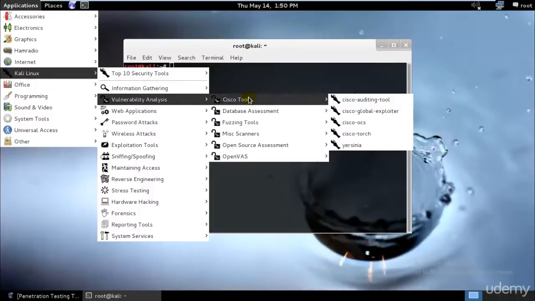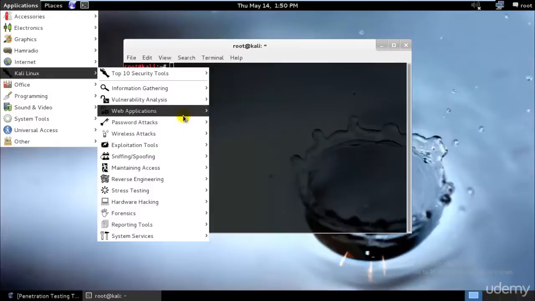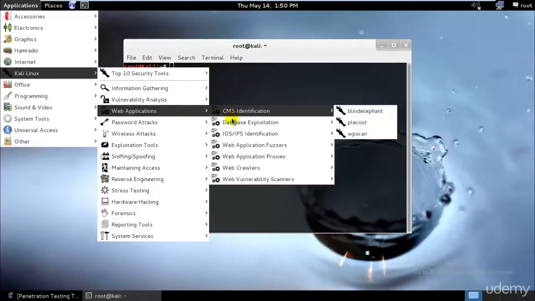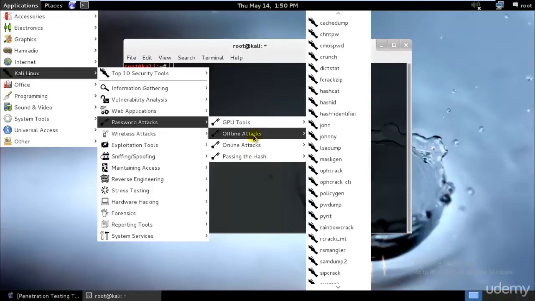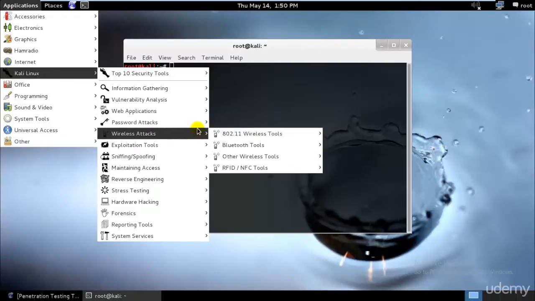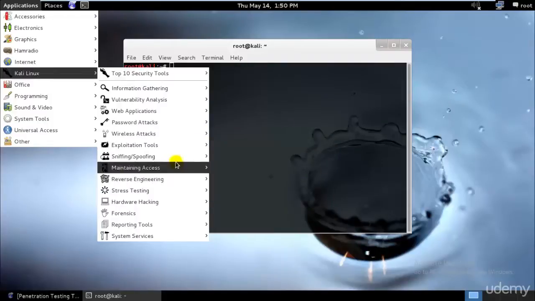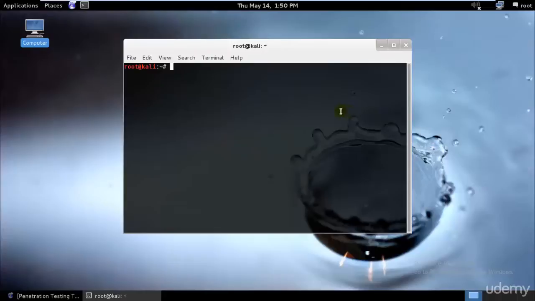These are vulnerability analysis tools for websites, checking how secure they are. These are for web applications running online. These are offline attacks. Password attacks can be much faster if you have a graphics card, because most of the time, or almost all of the time, password attacks are cracked by graphics cards, as they are much faster than a normal CPU. We also have wireless tools, exploitation tools, sniffing, spoofing, maintaining access, reverse engineering, and many more. So starting with dnsenum,